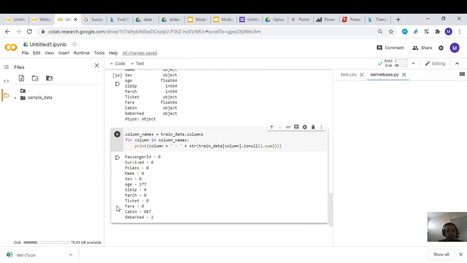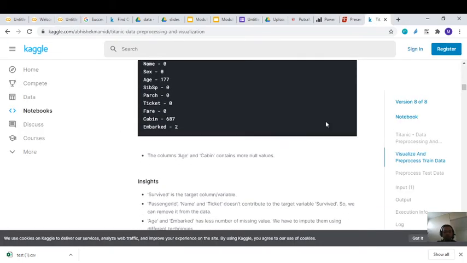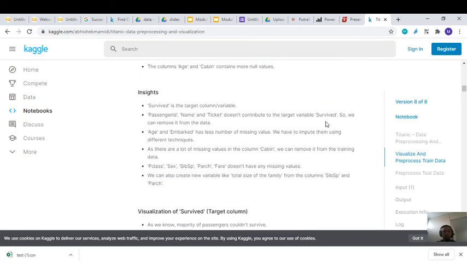In the variable age there are 177 missing values. In the cabin there are 687 missing values, and in embarked there are also 2 missing values. So what we can do about the missing values is that they should be deleted or the data cleaned. So first, we have to clean this data.